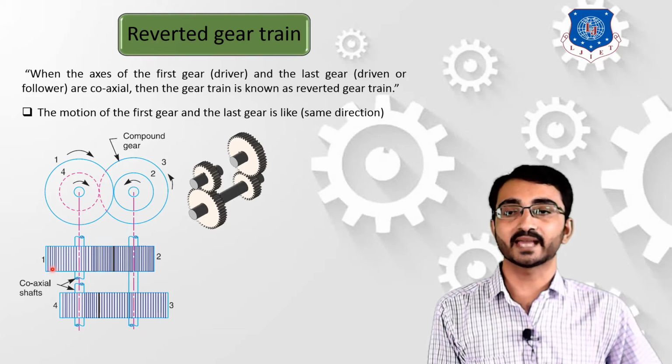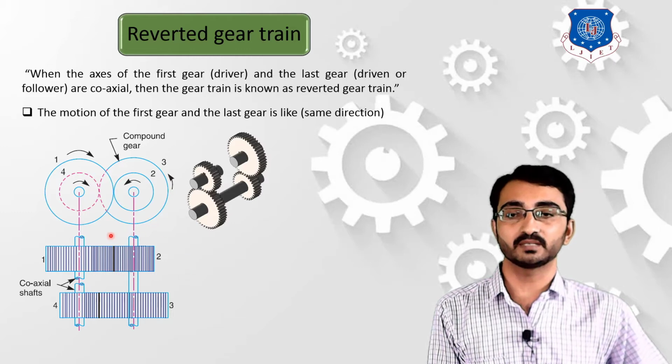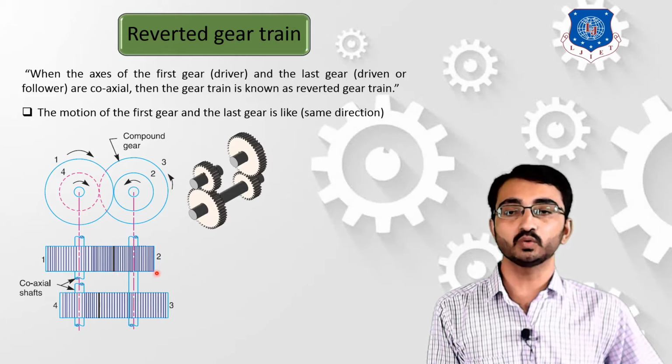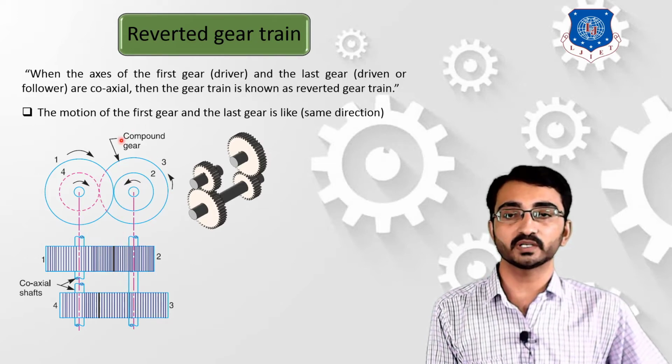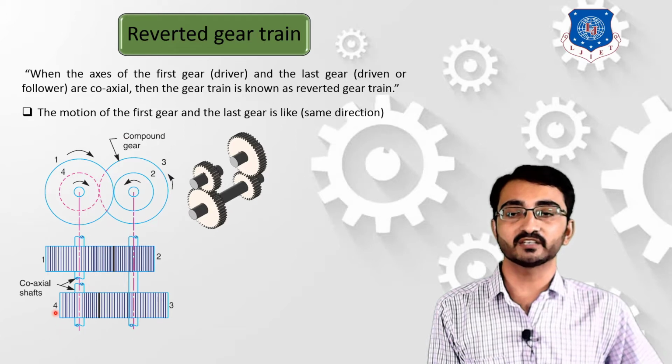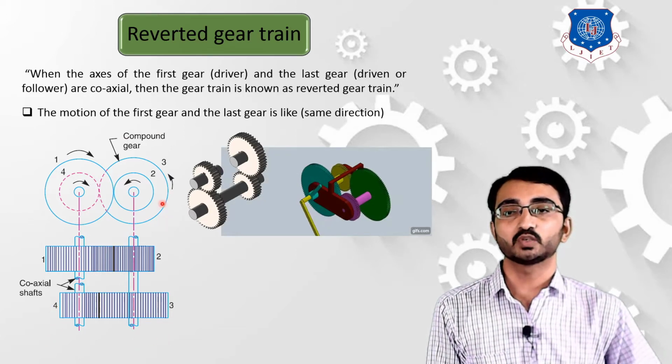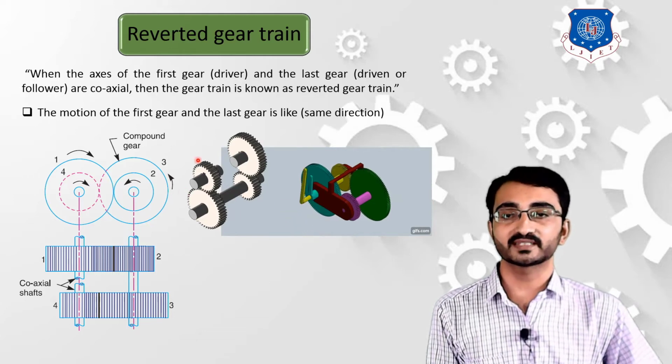Let's consider this diagram. Over here, gear 1 and gear 2 are directly attached, so this assembly is known as a simple gear train. Now gear 2 and gear 3 both are mounted on a common shaft, so that's why they are termed as a compound gear, and gear 3 and gear 4 are also forming a simple gear train. So this will help us to achieve speed reduction on a same axis.